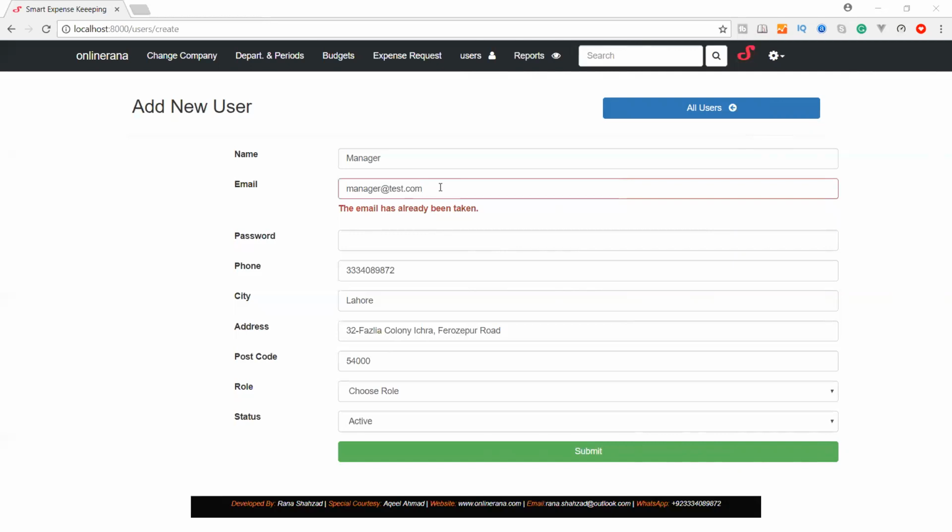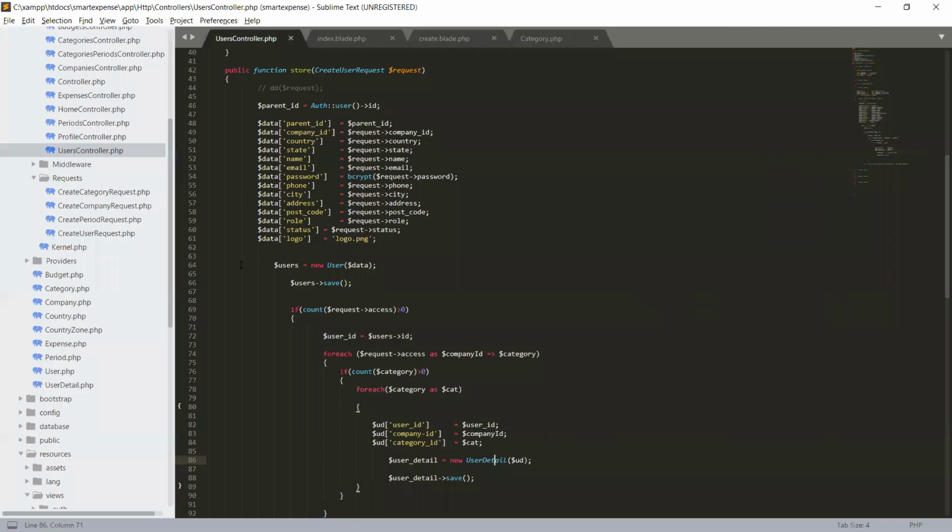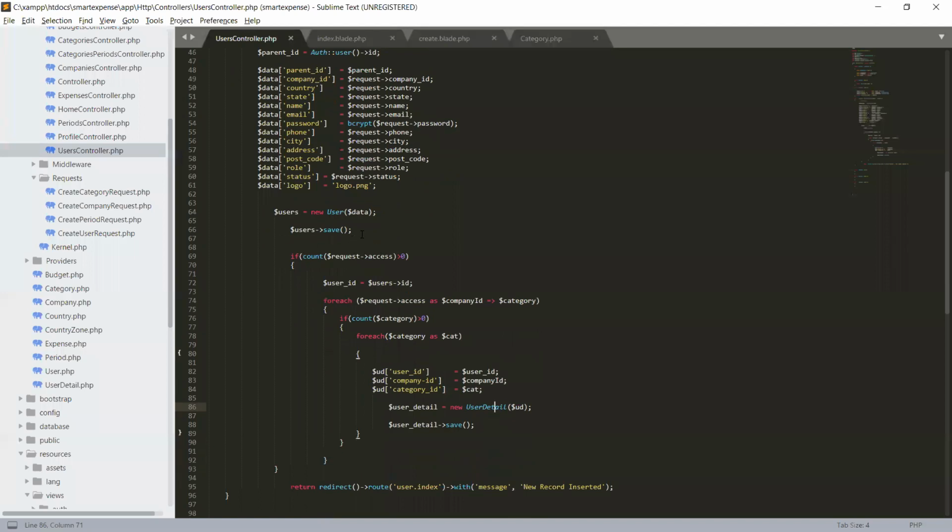The user has been created because we are first saving the user. So when it tries to send the data to the user detail table, there was the error of a typing error, user underscore details. So the user was created, but the data was not sent to the user detail.